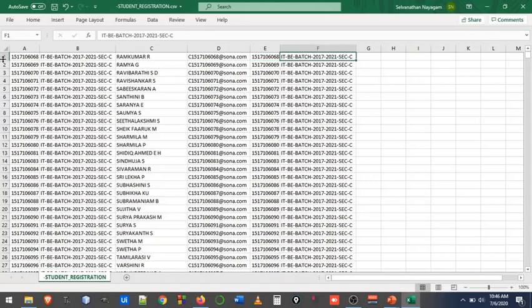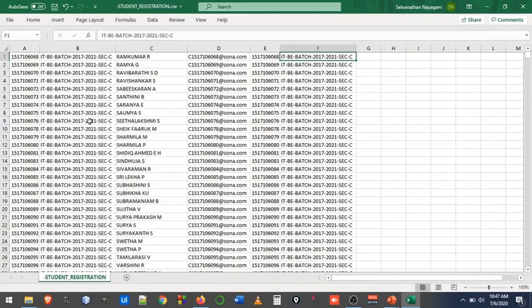Please note that we are not providing any header information, so don't put any header. The first part will be the username, second one will be department, third one will be name, the next one will be email ID, optional, the next column will be password, mandatory, and the next column will be section, which is also optional.